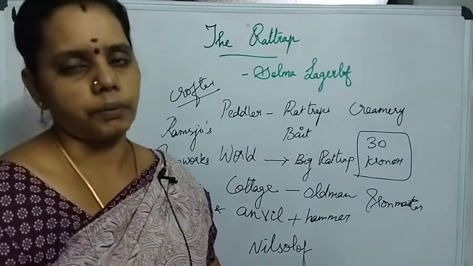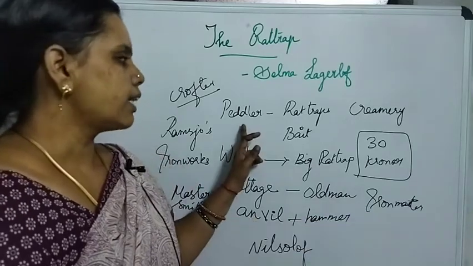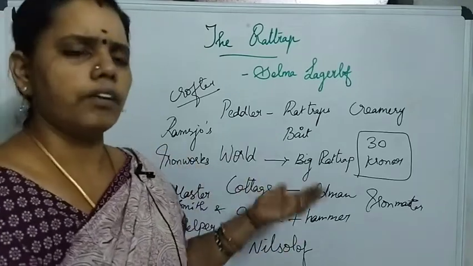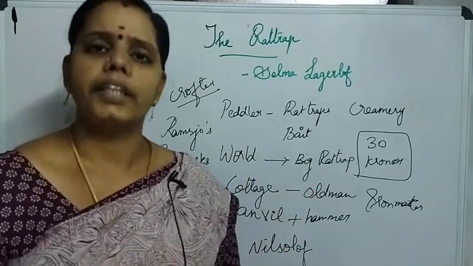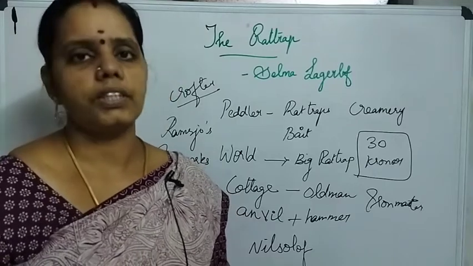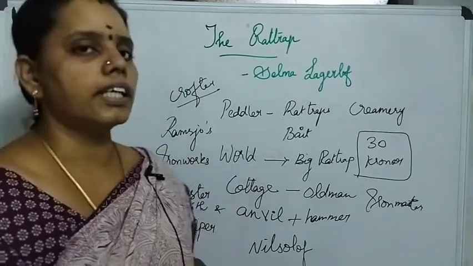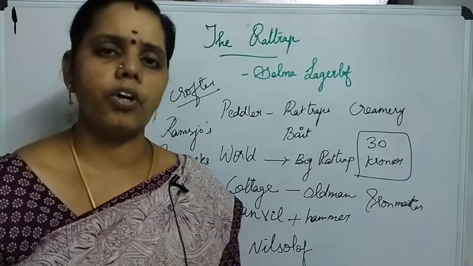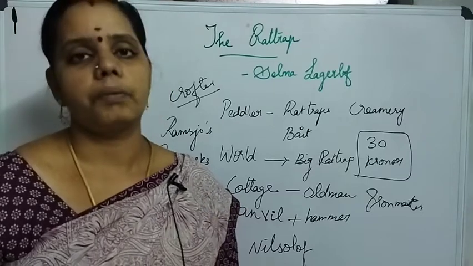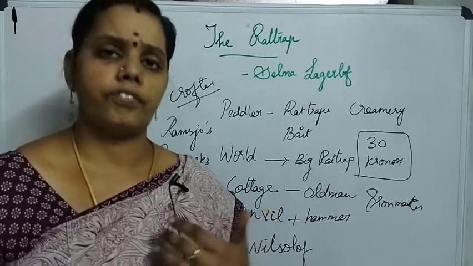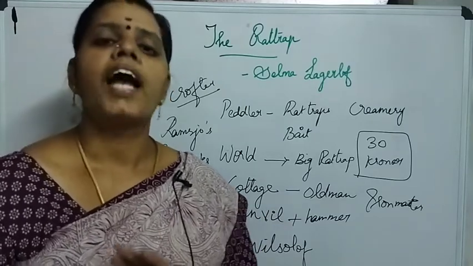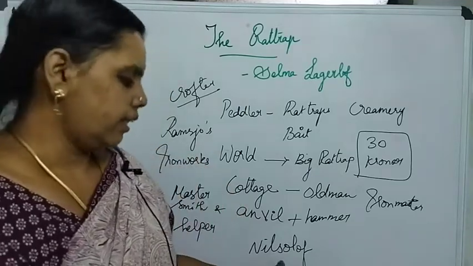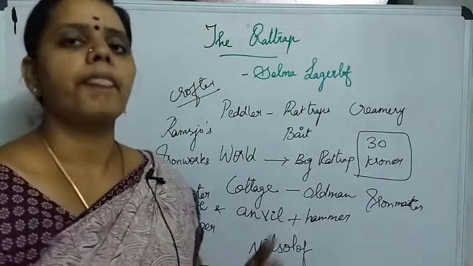But what actually happened is, the ironmaster started to invite the peddler to his house, and he was talking more and more about the condition of the peddler, and he was inquiring what happened to him and why he seems to be like this. The peddler answered that only God knows. And here the ironmaster provided the suggestion, it's because you resigned from the regiment and that's why you are suffering like this. If I would have been there in position by the time, I would not have allowed you to do that. He said like that, and he invited Nils Olaf, according to him, that is the peddler, to his house